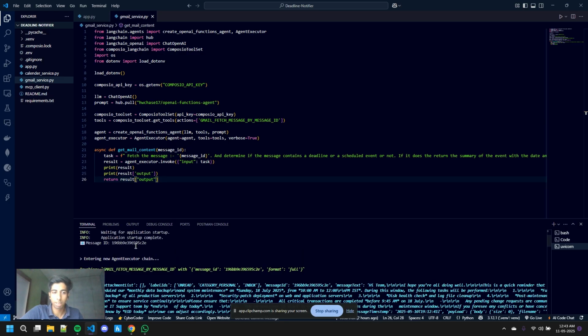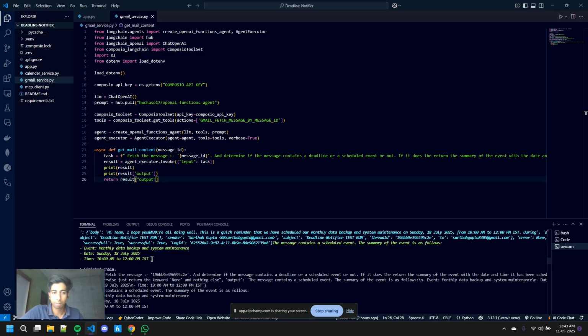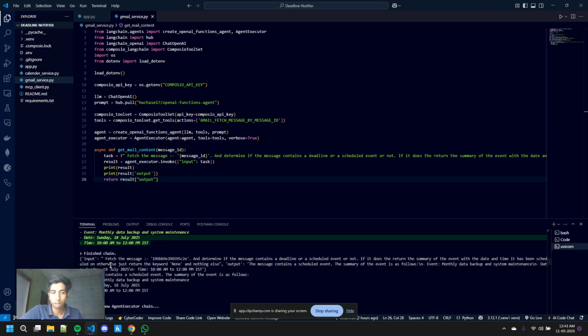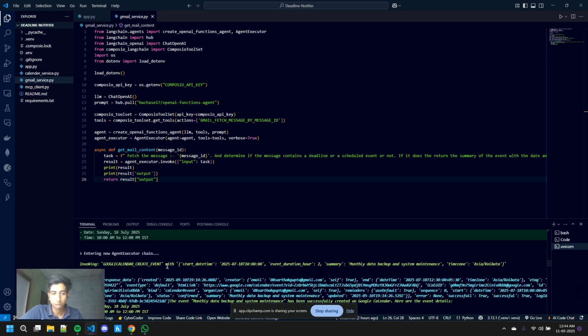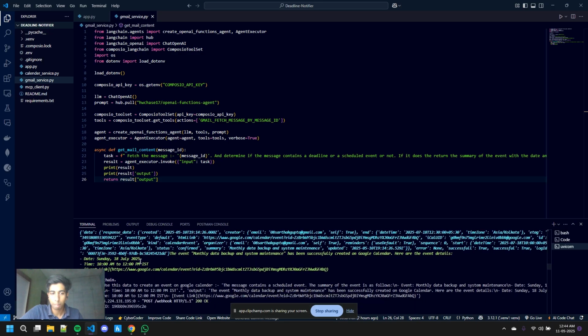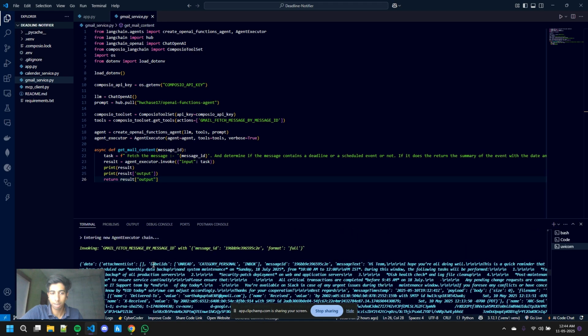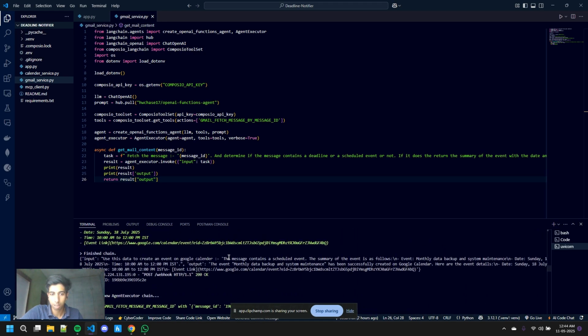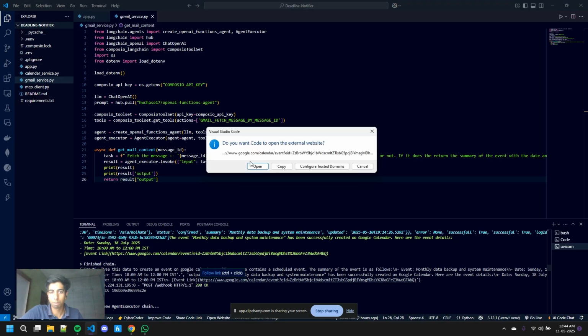So what happened was a message ID was returned. After the message ID was returned, it fetched the message and it told us the event date and time. So this event date and time has been returned. Then it went to our Google Calendar create event agent, and it says that it successfully created an event in the Google Calendar on this URL. If I just follow this URL,